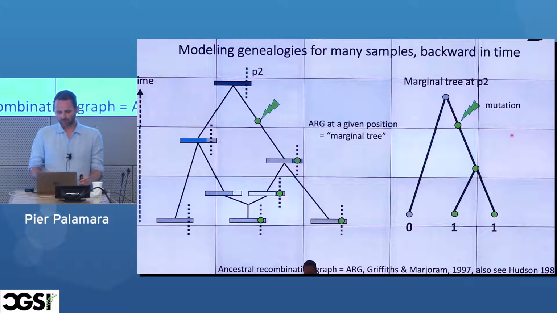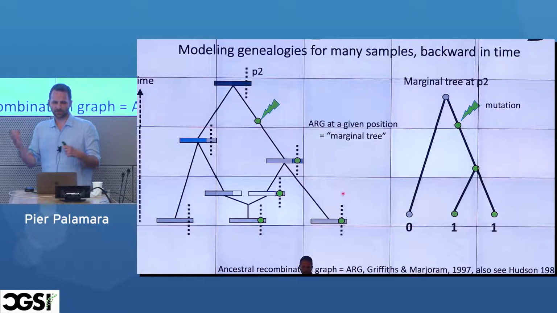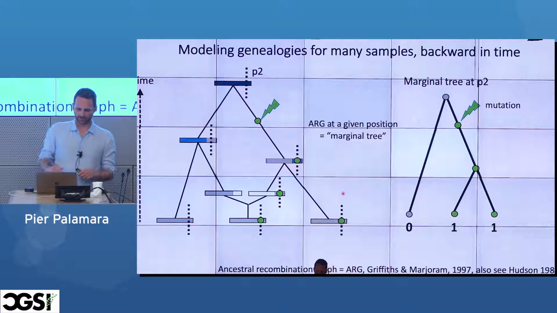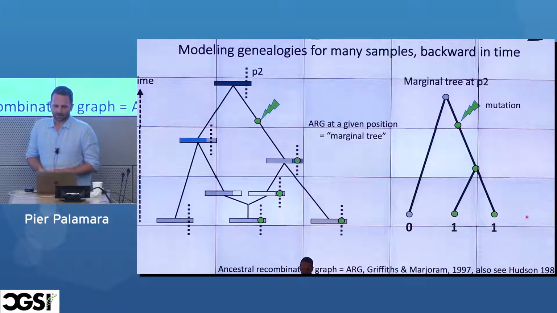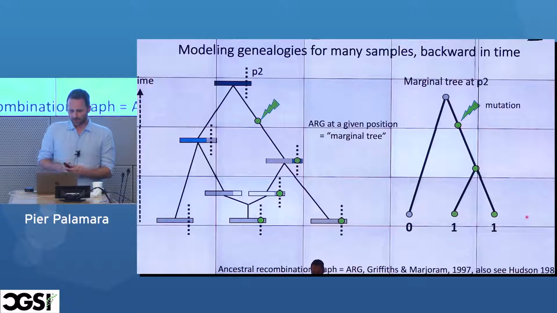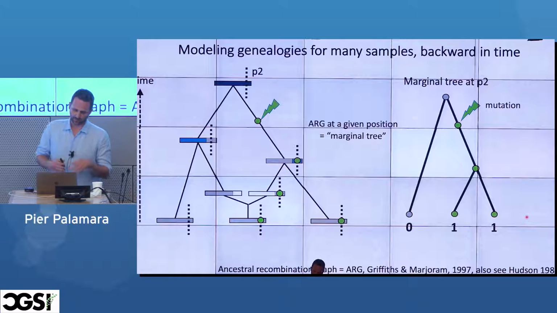If you want to simulate data, so if you want to get genomes, if you're writing your simulator, now you have a way of getting the graph. To get the genomes as well, all you do is sprinkle mutations on the graph using a Poisson process, for the same reason that you have exponential waiting times for the other events. You throw mutations on the graph, you get mutations on the marginal trees, and the descendants of the branches that are hit by a mutation get the mutation. So this is a way of writing your own simulator, and it's also a way of getting a sense of what kind of distributions and processes are behind these objects that we also use for inference.